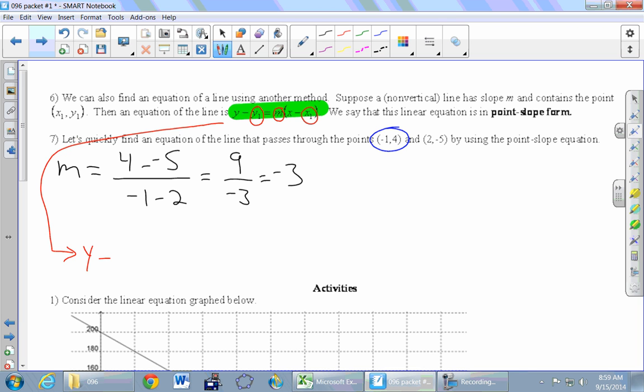I'll pick this one, but it makes no difference. You could pick the other one if you want. So y minus, how much is the y at this point? 4. Equals. The next circled thing in our green equation up here is m, which is still -3,